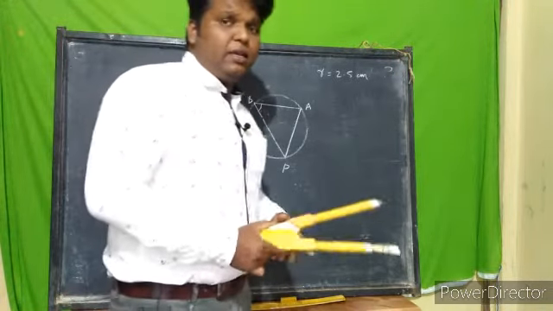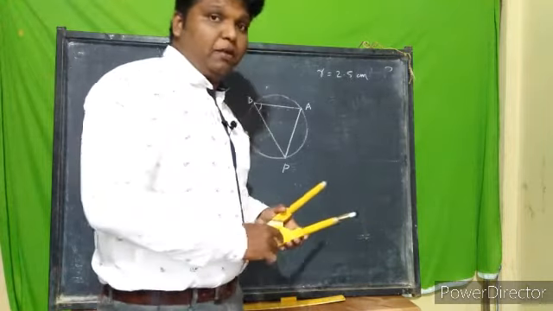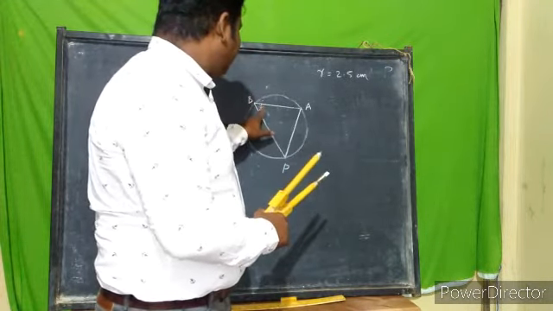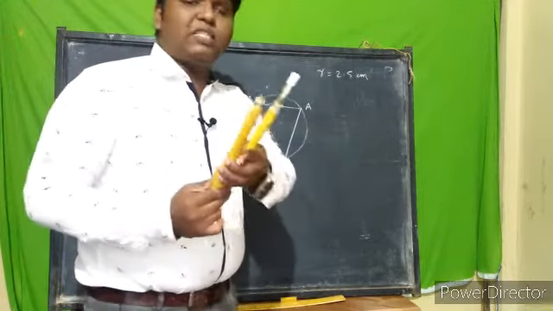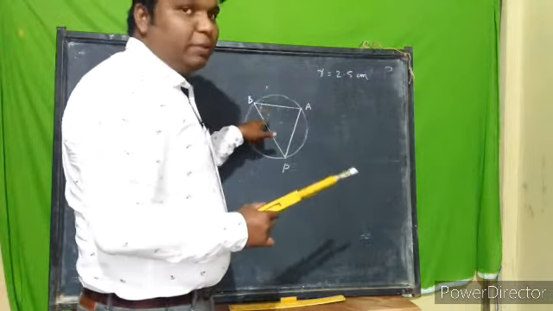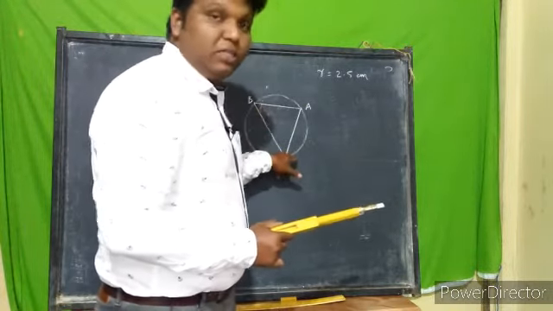We have studied that in the chapter of circles. That is the theoretical part. So we are going to demonstrate here. We are going to copy it here. Okay. So now take a small radius in your compass. Take a small radius. You have to measure this one. That means you have to copy this angle to this one.